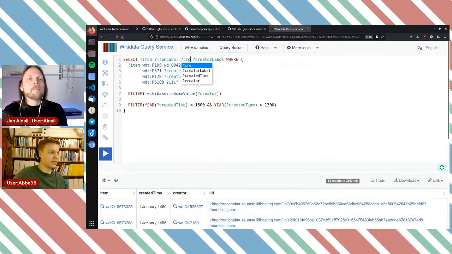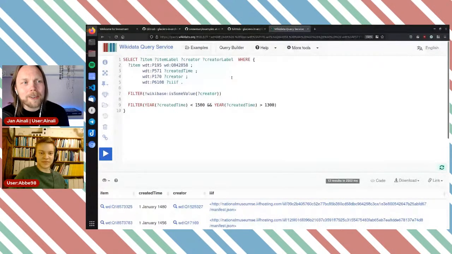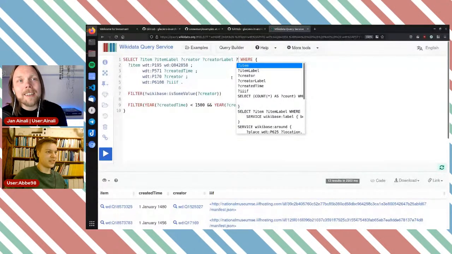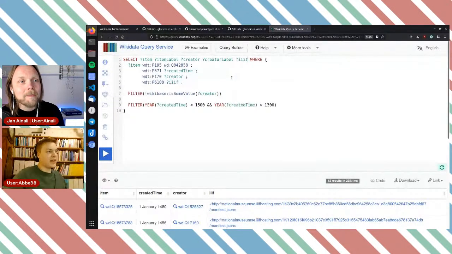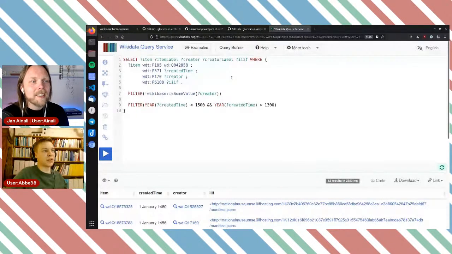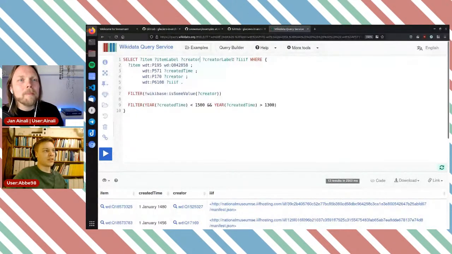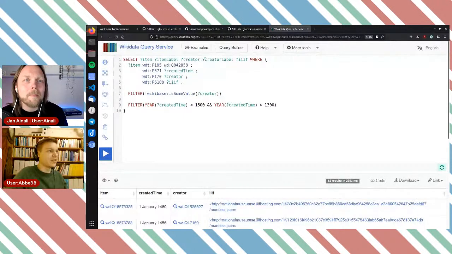Hello, the query builder once again. Oh, now I got an idea for a little user script here. If you could have user scripts in Wikidata Query Service, something that then added all the things you have selected and the labels for it on that row. Something I would really enjoy would be if it could suggest when you have a label. So if I type creator and use autocomplete creator, it would also autocomplete creator label because it's so likely.